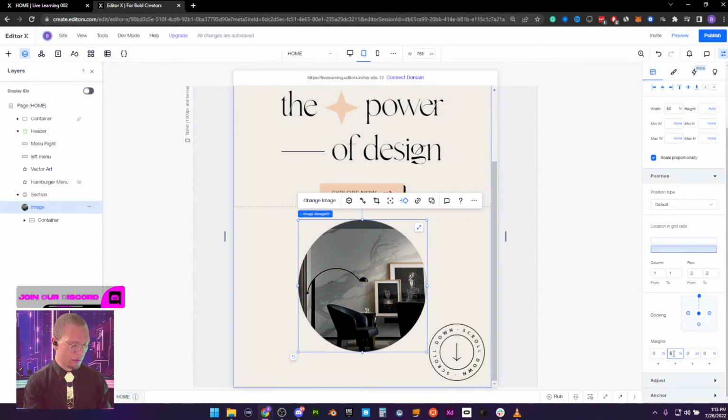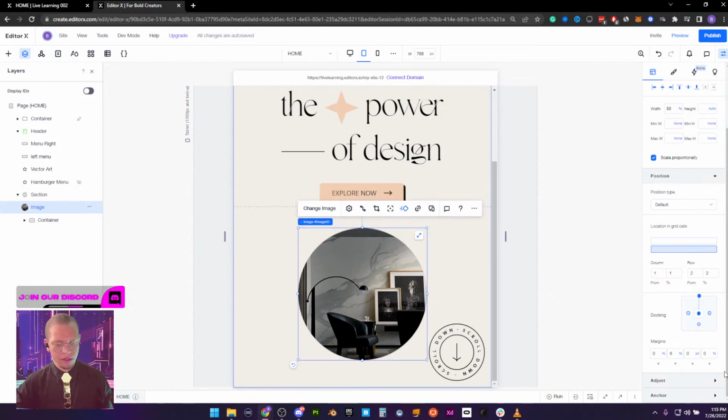And you know what, maybe we'll do a little bit more. Maybe we'll do 8. And what I could do, let's say if I wanted to actually do pixels, it's great because I don't actually have to do the math. I just go to this percentage right here, click, go to pixels, and now it converts whatever that percentage was into pixels.